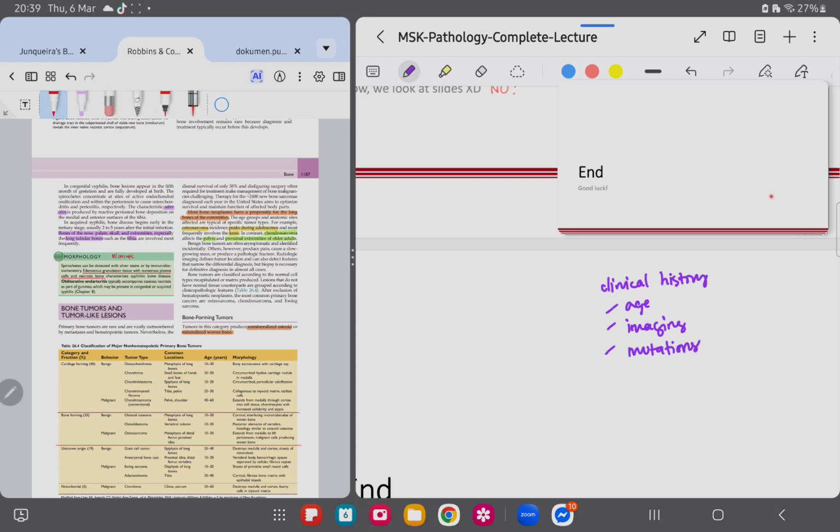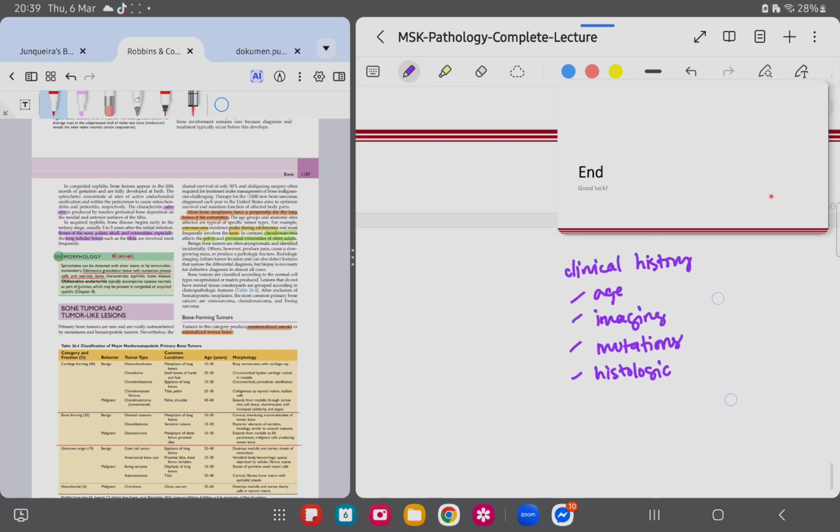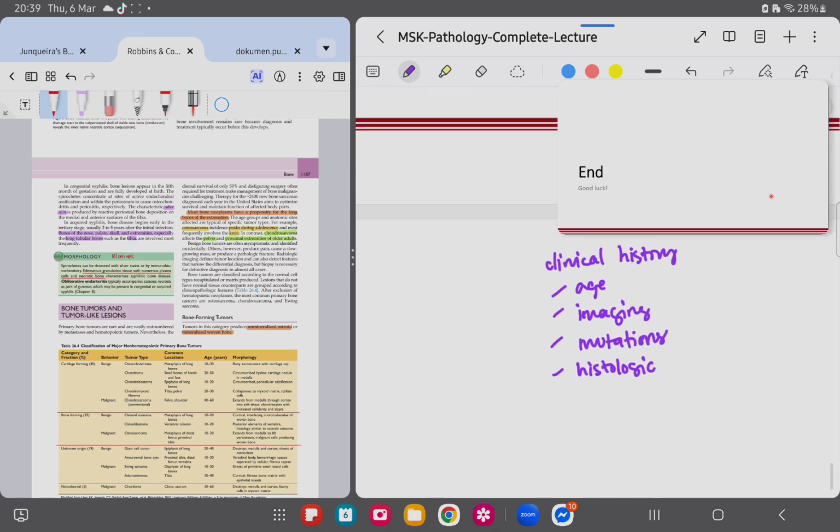What are the characteristic histologic features? I assure you that some of the images I might reuse, and some of the images might be different but are still representative of that particular lesion. So all the images are carefully selected. Okay? And you might be asked a little bit about treatment.